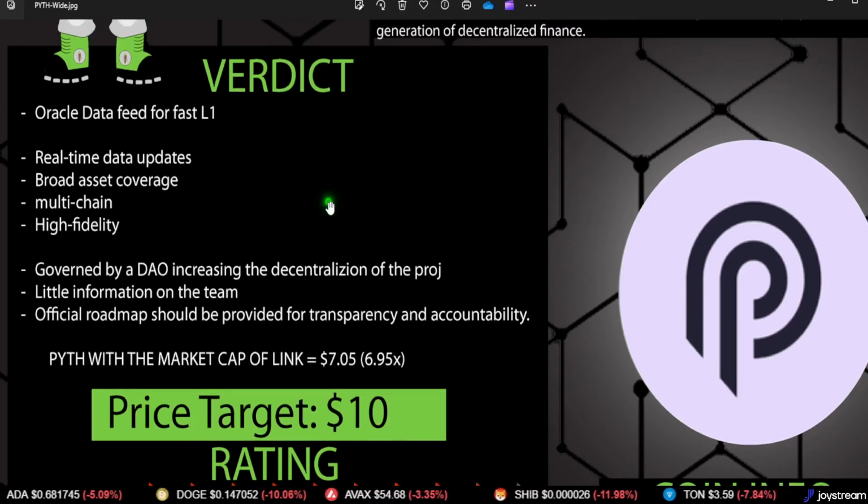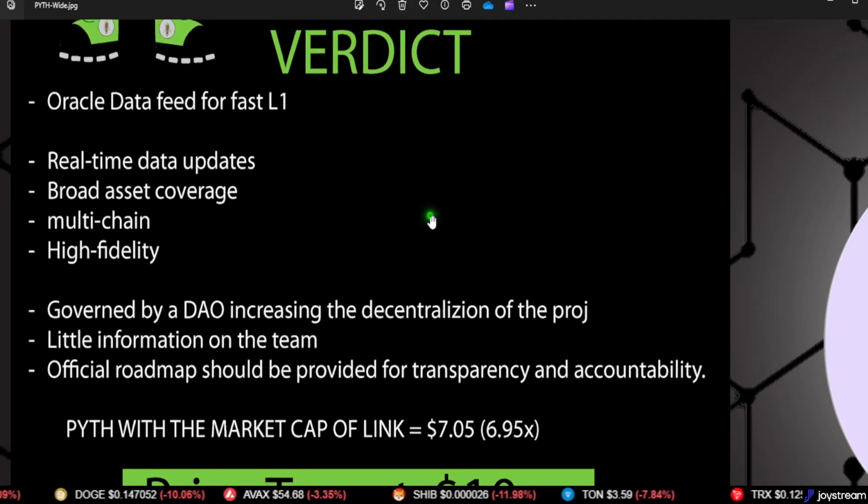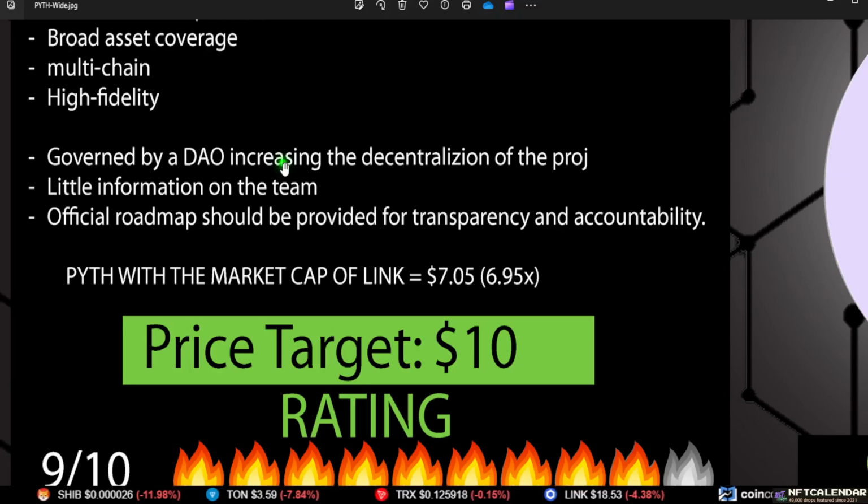Oracle data feeds for fast layer ones, guys. That's a great value proposition. Honestly, that's a great utility. I think that's an up and coming forward-thinking idea. Real-time data updates, really interesting. Broad asset coverage, of course, with the multi-chain concept and the high fidelity, quick. That's what we need, and quality. Governed by the DAO, increases the